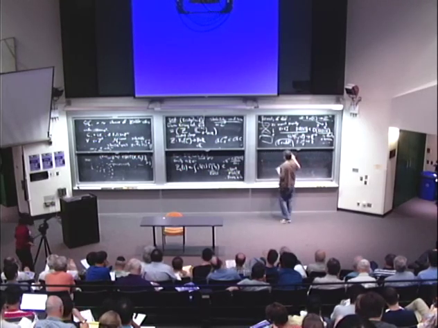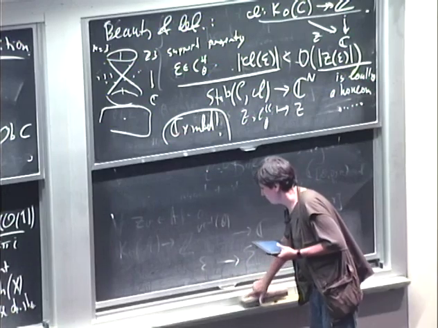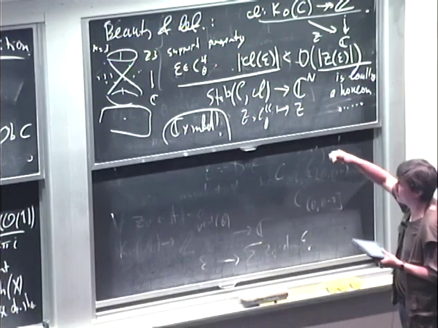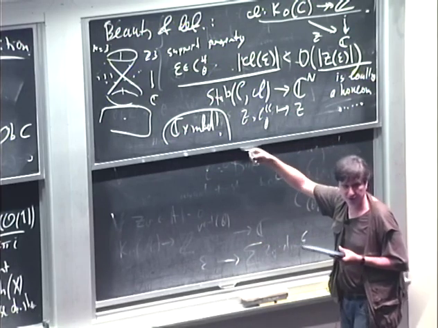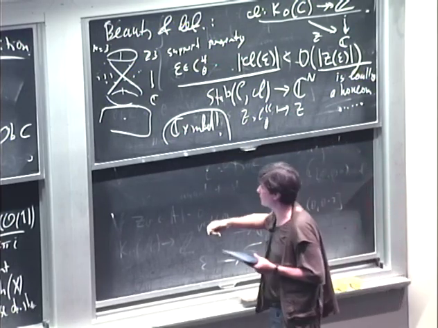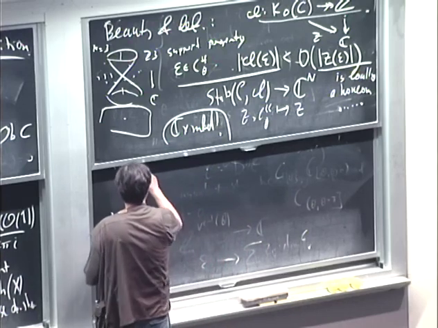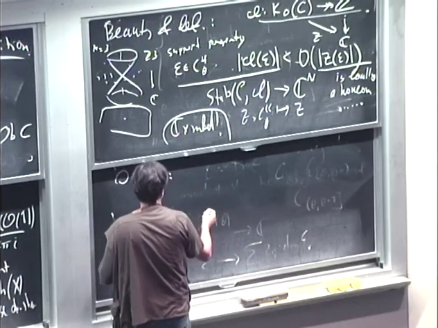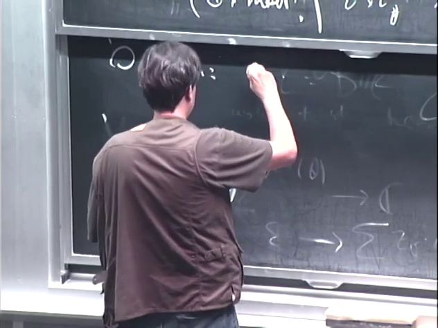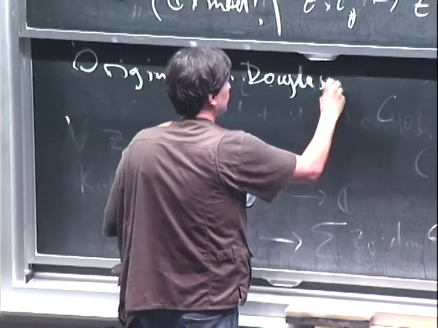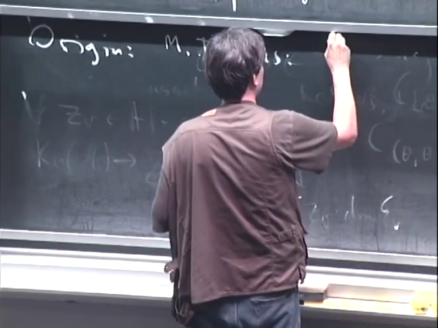And this is another thing. It came from string theory, or more precisely, conformal field theory, and it will lead to some very vague conjectures. I will give a couple of conjectures towards the end of my talk. So the origin of all this was a work by Mike Douglas, who studied D-branes,